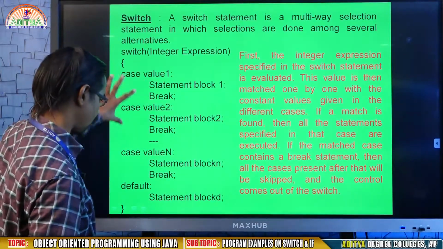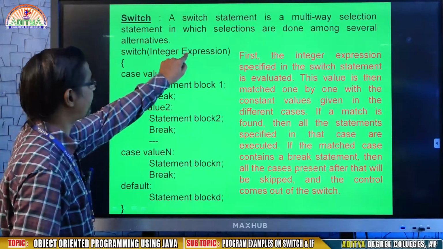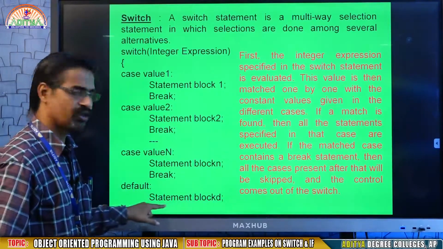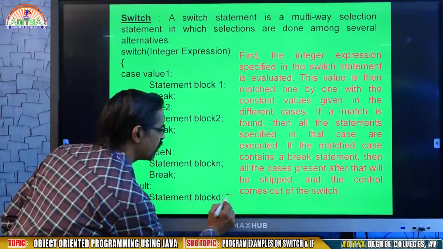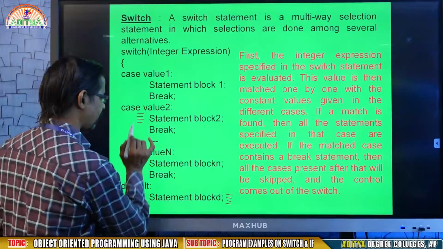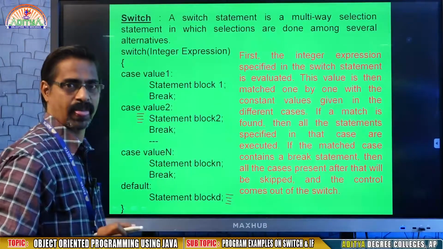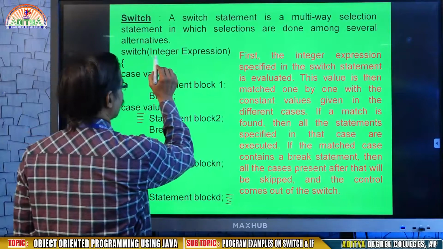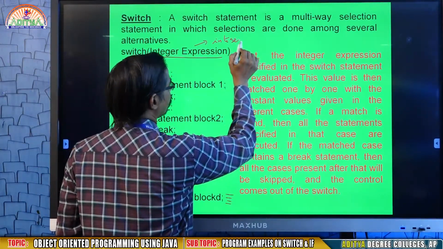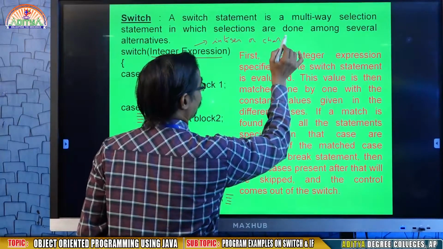So this is the construction. That means if your expression value is not matching any value, then the system will execute default. In default, you may write any number of lines, or here also in the statement block you may write any number of lines. Don't keep braces. And remember, in the switch, the expression will be either integer or character, not string.